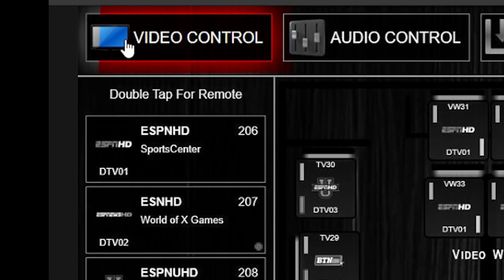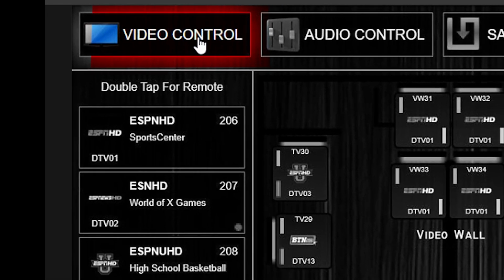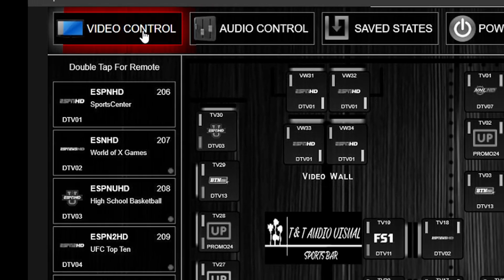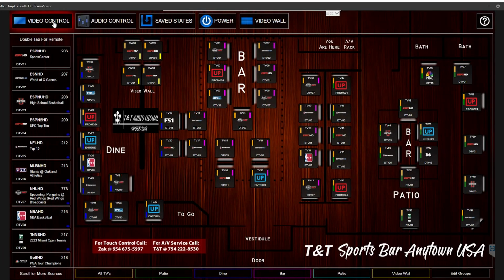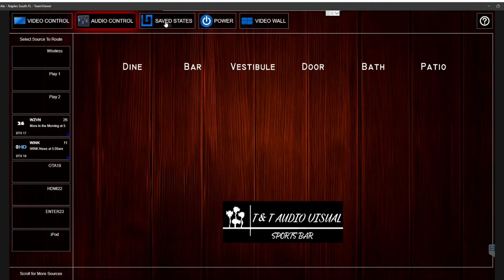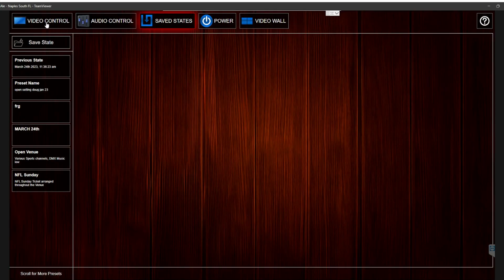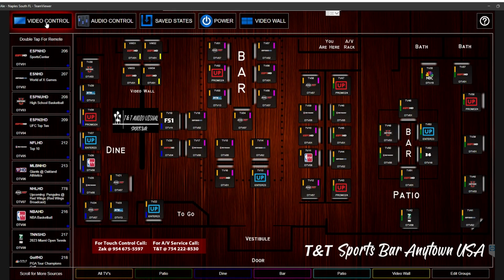And you can tell that I'm in the video control by the highlighted tab here at the top of the screen. Pressing on these tabs will take you to the different control screens for your system, but we'll get into those in a little bit. We will go over video control first, since this is where most of the controlling of your system will be